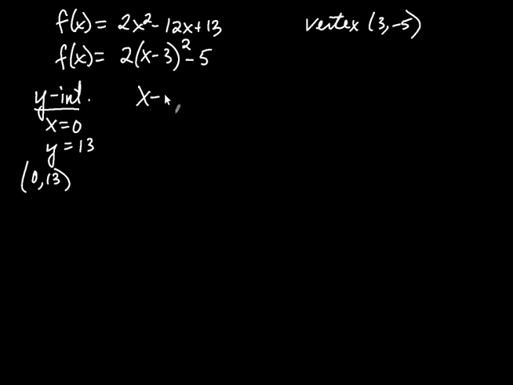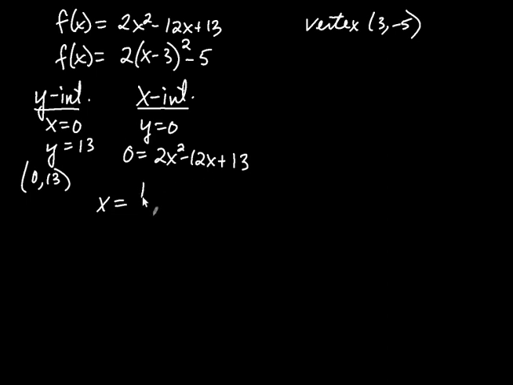Now let's find the x-intercepts, if there are any. To do that, there are a couple of ways to do it. We're going to set the y-coordinate equal to 0. So you set y equal to 0, and now we've got to solve the equation 0 equals 2x squared minus 12x plus 13, and see if it has real solutions. So we'll use the quadratic formula. We have x equal to negative b, so 12, plus or minus the square root of b squared, which is 144, minus 4 times a times c, which is 26, and then all over